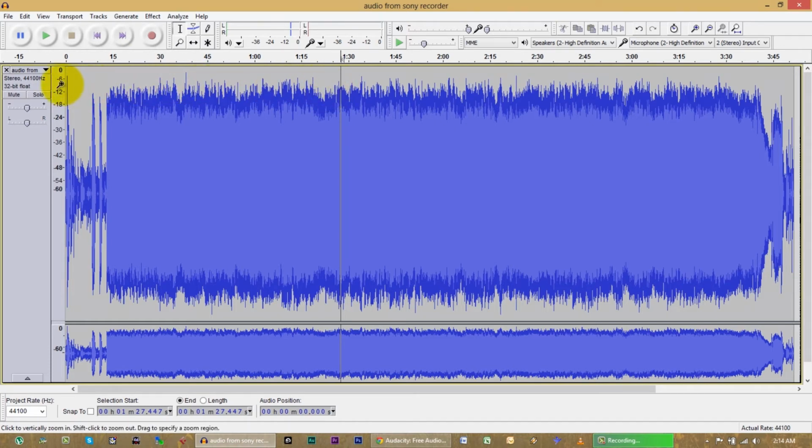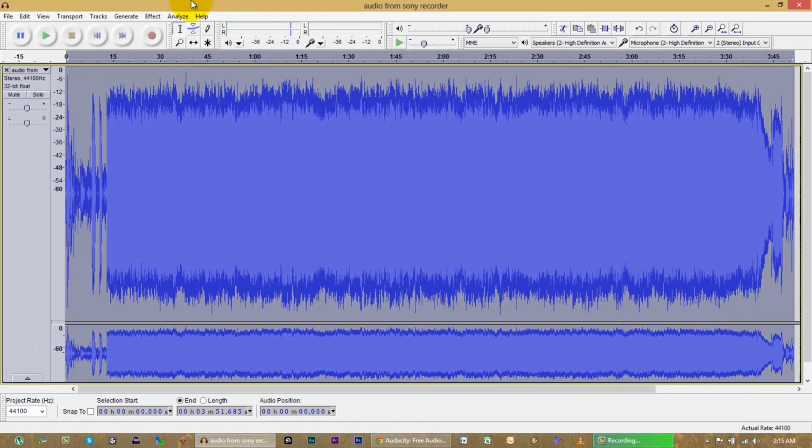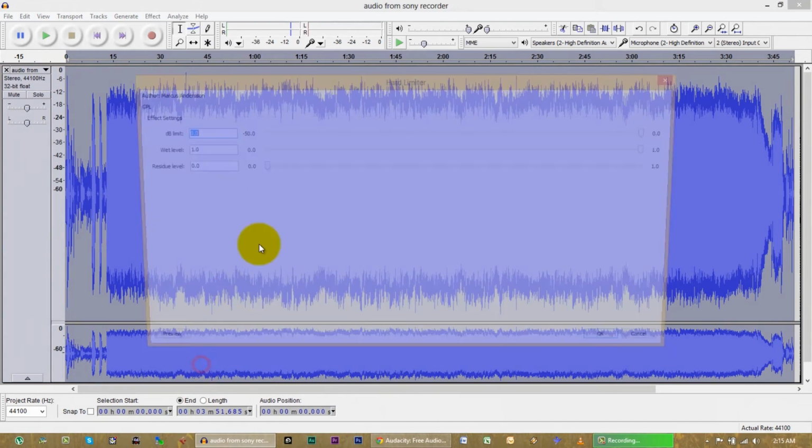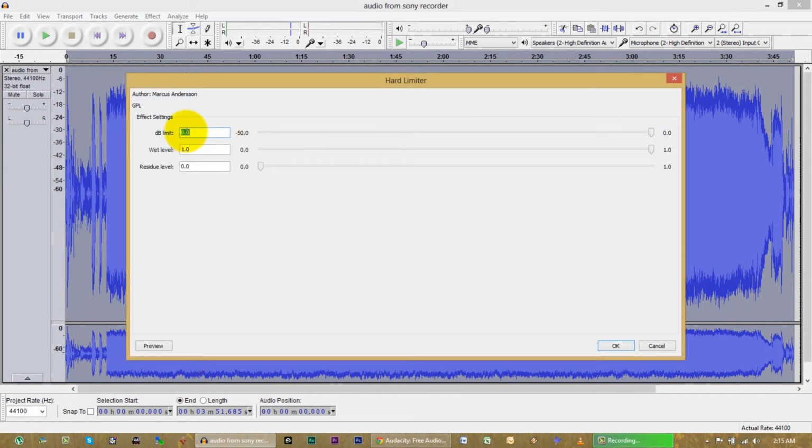If we cut everything from above minus 9 and squished it back to be at minus 9, let's see what happens. The way to do that: Control A to highlight everything, go into Effect, and we're going to go down to the hard limiter. We're going to leave the wet and residual at 1 and 0, and for the decibel limit, I'm going to put in minus 9.